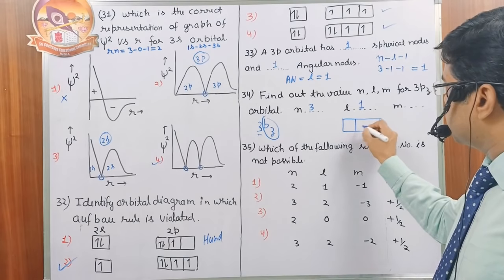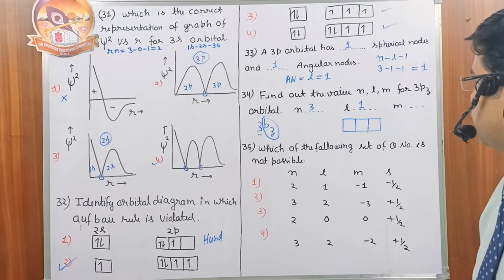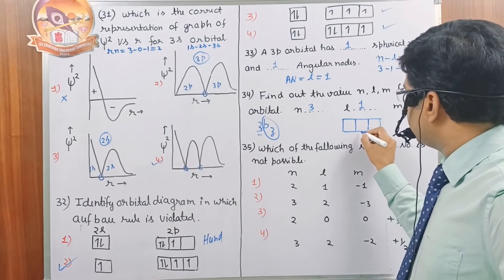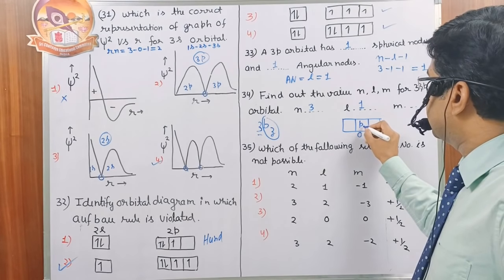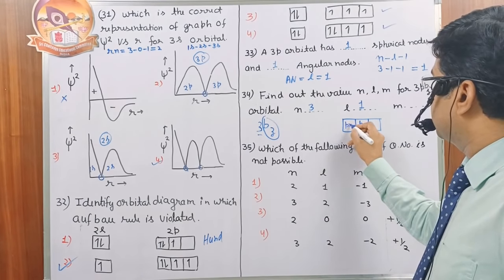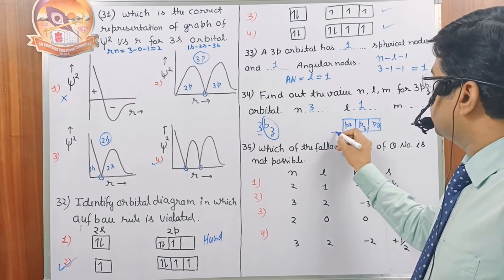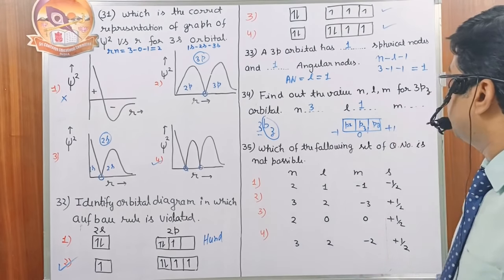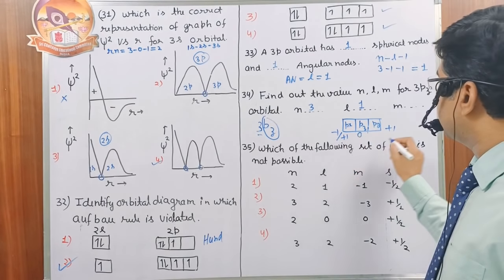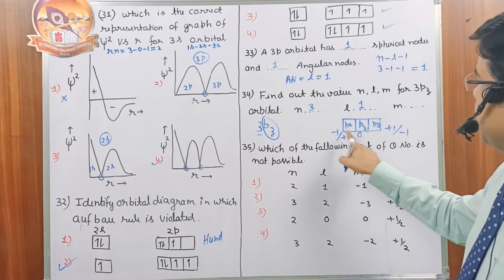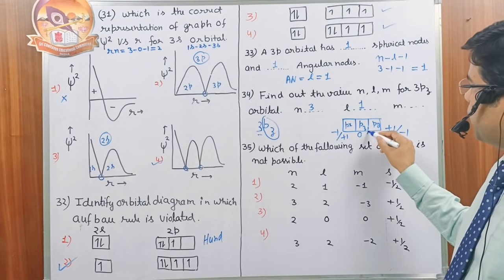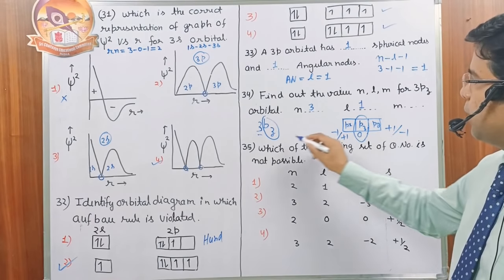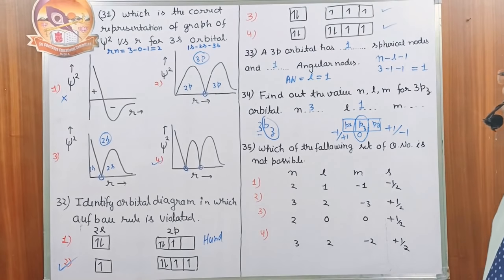Then you must remember this one. In my last slide I told you that the magnetic quantum number is always 0 for the pz orbital. Px and py are interchangeable: -1 for the px, then +1 for the py, or +1 for the px, then -1 for the py. These px and py, -1 and +1 are interchangeable, but for the pz orbital the value of the magnetic quantum number is always taken as 0. So value of m is always 0 for it.